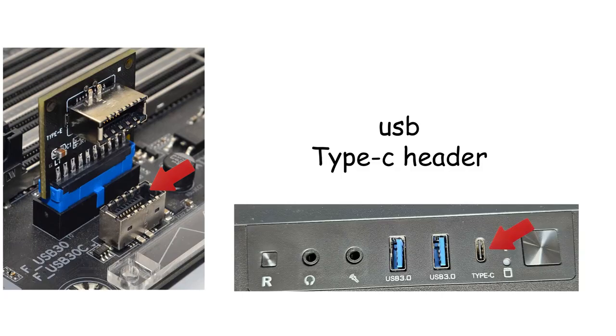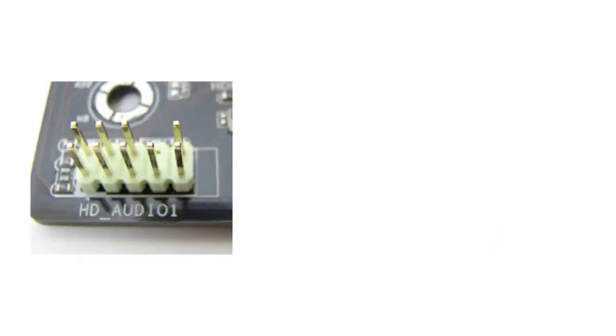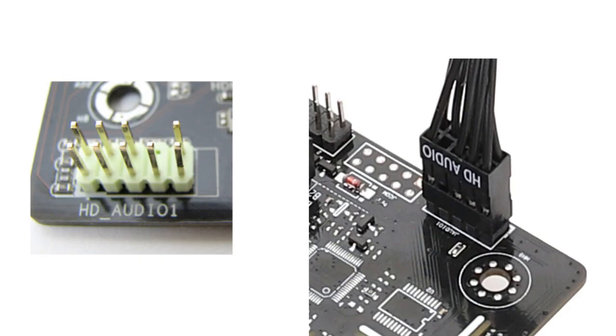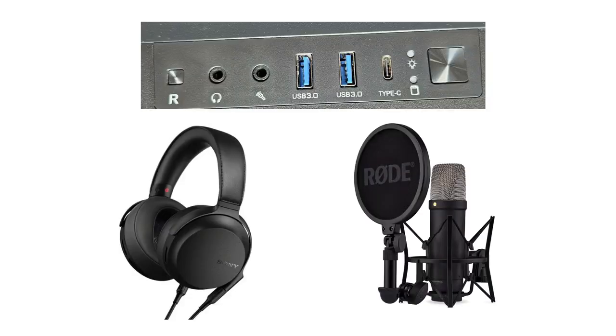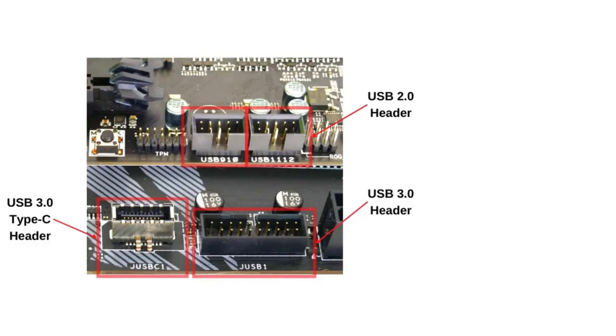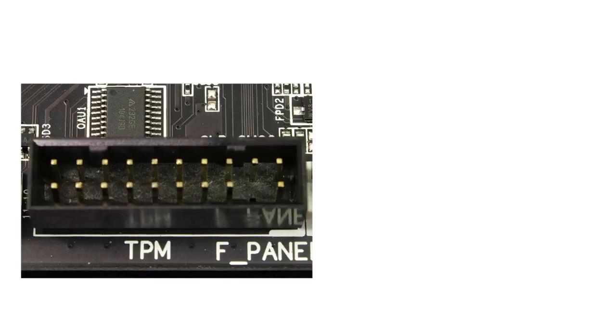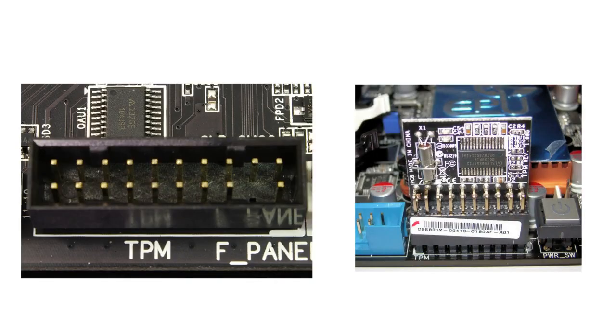data transfer. You will also notice a connector labeled HD_AUDIO, or AAFP, usually located in the bottom corner of the motherboard. This is the front audio header, and it connects the headphone and microphone jacks on the front of the computer case to the motherboard's audio system. You may also find additional headers placed around the board for specialized features. One example is the TPM header, which allows the installation of a trusted platform module used for hardware-based security features